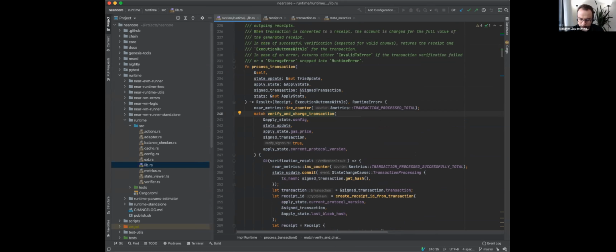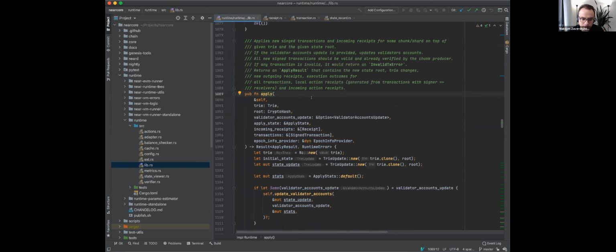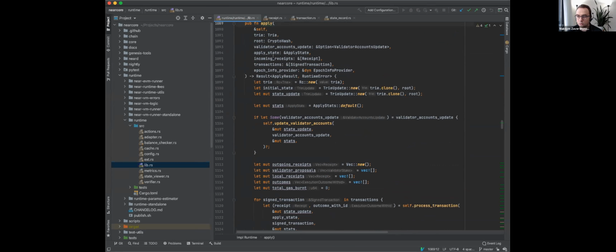So the specific thing about the runtime code, which is different from the rest of the code in NEAR core, is that it's the spec for the implementation, which is also kind of embarrassing, that we have the spec defined by the implementation. So if we were to write a spec of the runtime, which we've been trying to do for quite a long time, you would actually go over our code